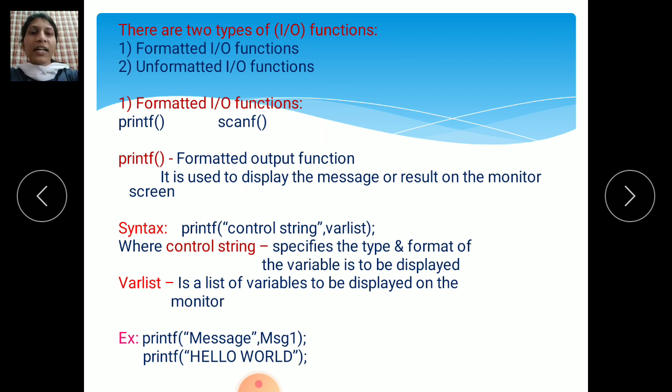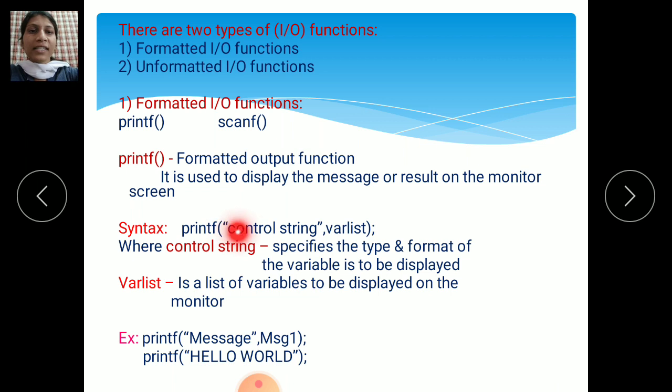Then the syntax. See here, if in the final exam you have written a program and executed it, the examiner can ask viva questions, such as what is the use of the printf function in a C program? So you should know that. The use of the printf function is that it will print the message on the monitor screen. It will display the message or result on the screen, so the user can easily see that result or read that message on the monitor screen. That is the use of the printf function. Then, what is the syntax of printf?